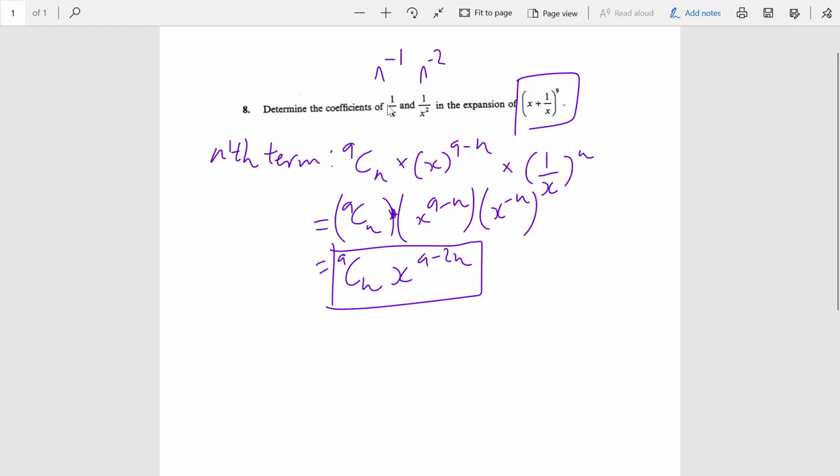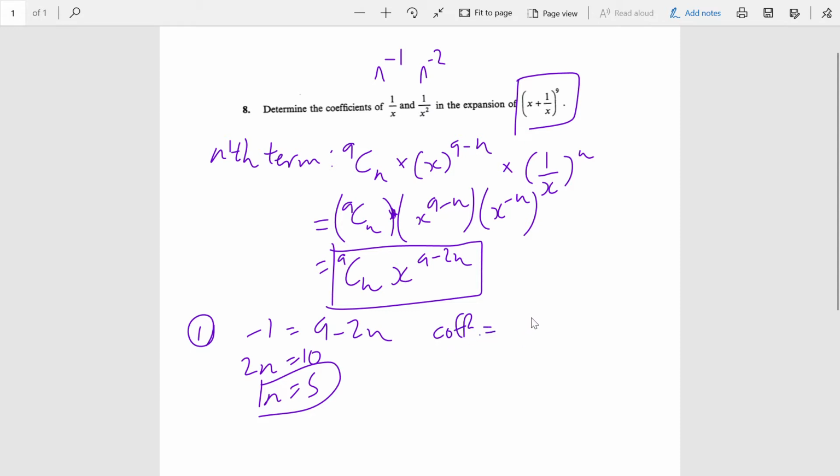Now the thing is, you may notice these are 1 apart, but the exponent in the series goes up in steps of 2, or rather down in steps of 2. So how do we deal with this? Well, we don't. For example, if we're saying the exponent is negative 1, and this is our first question being asked, if we say it's negative 1, minus 1 is 9 minus 2n, or 2n is 10, n is 5, so of course this is the 5th term, and we get something like the coefficient is 9 choose